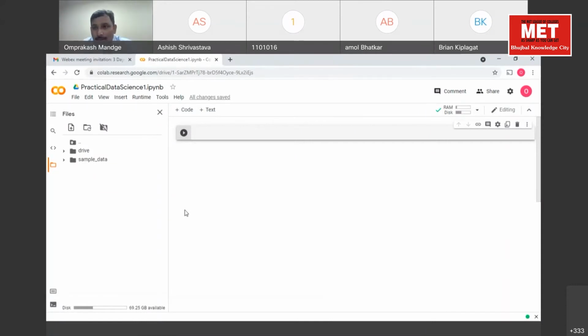Okay, I'll repeat. Mrunalini has asked that I repeat everything. Just open colab.research.google.com. Then, on the left hand side, you will find a folder option. Click on the folder option.